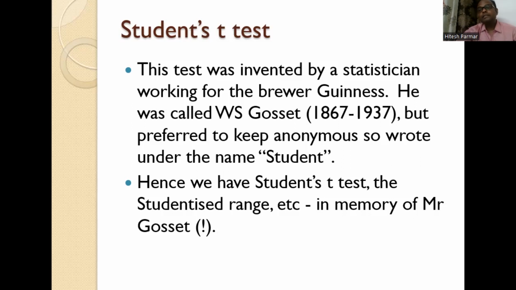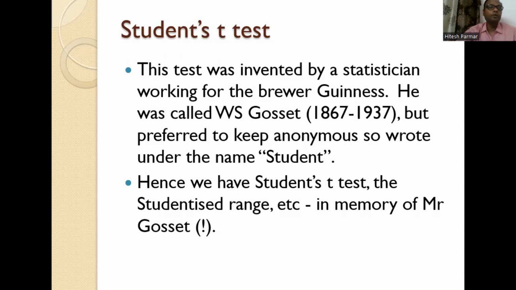And when he started this practice, he found that whenever his sample size was less than 30, at that time the shape of the distribution was something different from the normal distribution. And at that time, the normal distribution was the only known distribution. We are talking about the year around 1910. So he then calculated everything, and then he came up with some new kind of distribution,